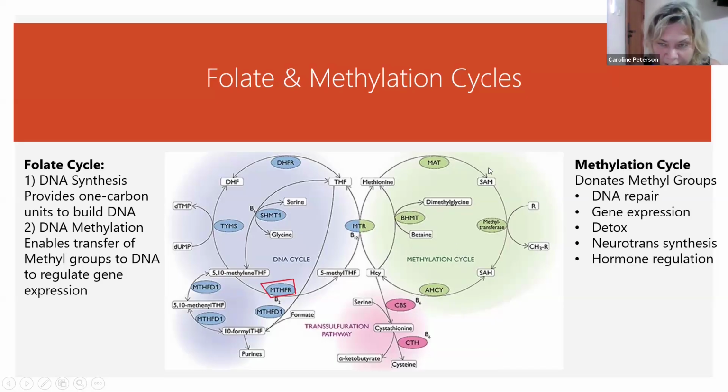That then will slow down this methylation cycle because it doesn't have the right building blocks to do its job of DNA repair, gene expression, detox, neurotransmitter synthesis, and hormone regulation. And so MTHFR SNPs, single nucleotide polymorphisms or mutations, significantly impact methylation, which significantly impacts fibroid